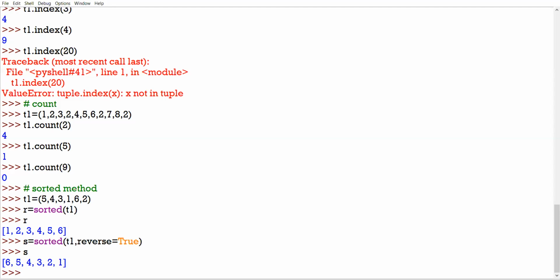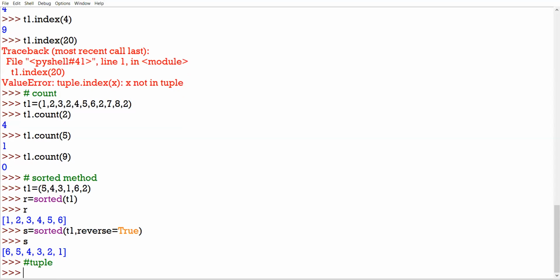So the next method is the tuple method. Just as we have the list method that is used to create a list from any given object, similarly, you have a tuple method with which you can create a tuple from any sequence of values.